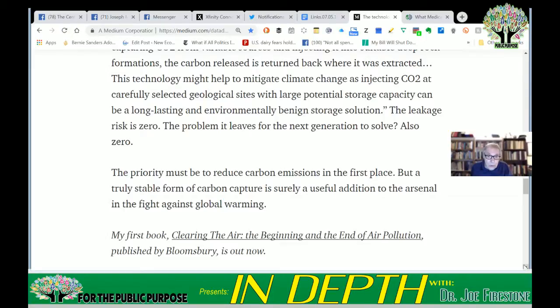If this can be developed to scale and Carbon Engineering can get the CO2 out of the air at scale, then the ability to inject the CO2 into basalt would go a long way to solving our CO2 problem. When you couple it with some other technologies we've gone over here in the past, for example, the Carbon Engineering technologies they're using in Canada, in British Columbia, to suck the CO2 out of the air, and you combine it with the capability to inject the CO2 directly into the basalt,